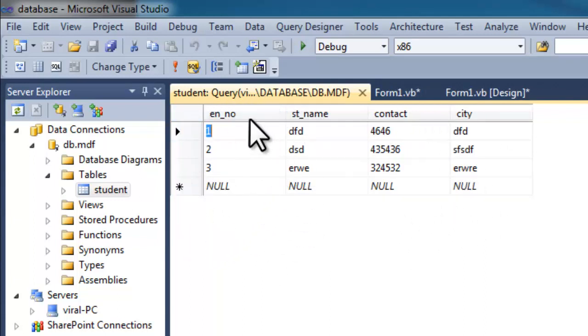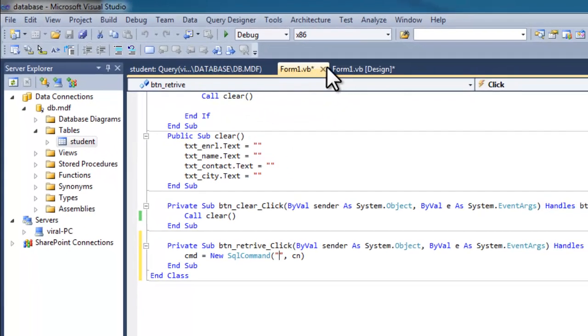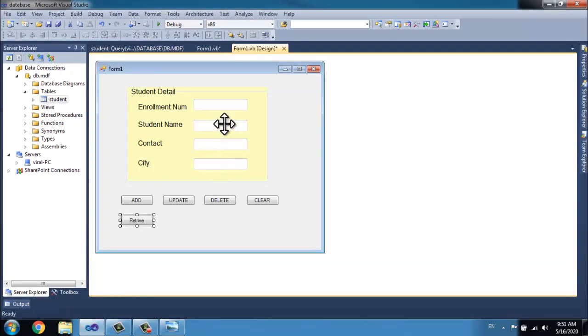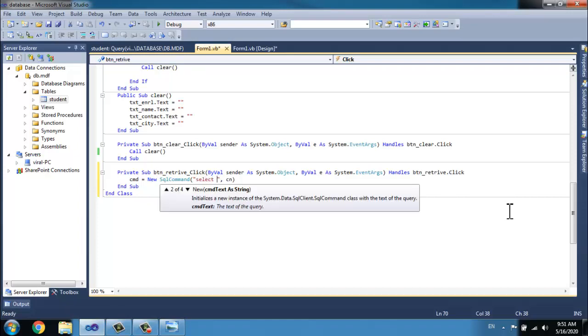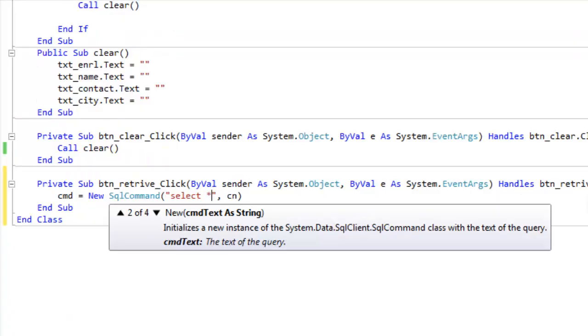So what is my query? Select star from table name where enrollment number. Whenever I enter an enrollment number and click on the retrieve button, I want to get the details of these three. So we write the SQL query, select star from table name